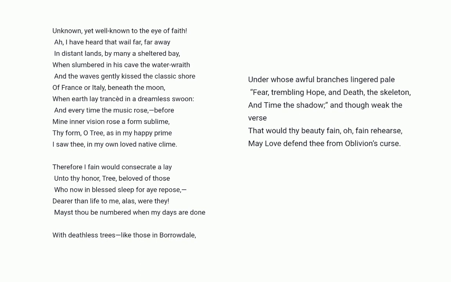এই যে মাঝখানের যে দুটো লাইন আছে, সেই দুটো লাইন কোটেশনে আছে, দেখো, fear, trembling, hope and death, the skeleton and time, the shadow. These lines are from Wordsworth. ওয়ার্ডসওয়ার্থের ইউ ট্রি বলে একটা কবিতা আছে, সেই ইউ ট্রি কবিতার এই লাইন। এবং উনি বলছেন ওয়ার্ডসওয়ার্থ যেরকম ইউ ট্রির কবিতা লিখে ইউ ট্রিকে immortalize করেছেন, শেক্সপিয়ার যেরকম fair youth-এর কবিতা লিখে fair youth-এর beauty-কে immortalize করেছে,